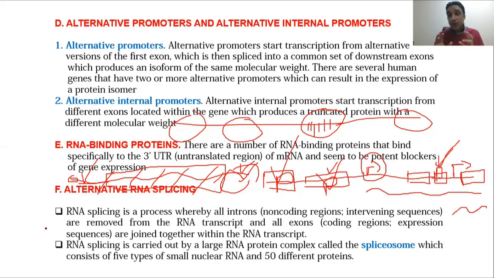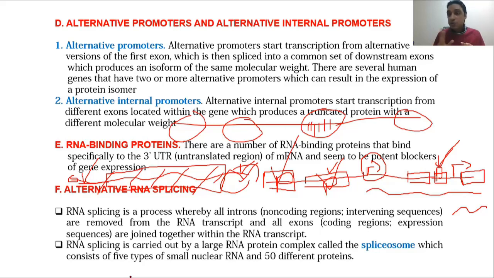So if we have multiple exons, we can use different sets of exons to create different types of messenger RNA out of the same gene. And that job is done with the help of specially designed enzymes, mainly made up of RNA, which are called spliceosomes. It's a very complicated and very special structure, but they are made up of RNA, and those RNA molecules are specially designed